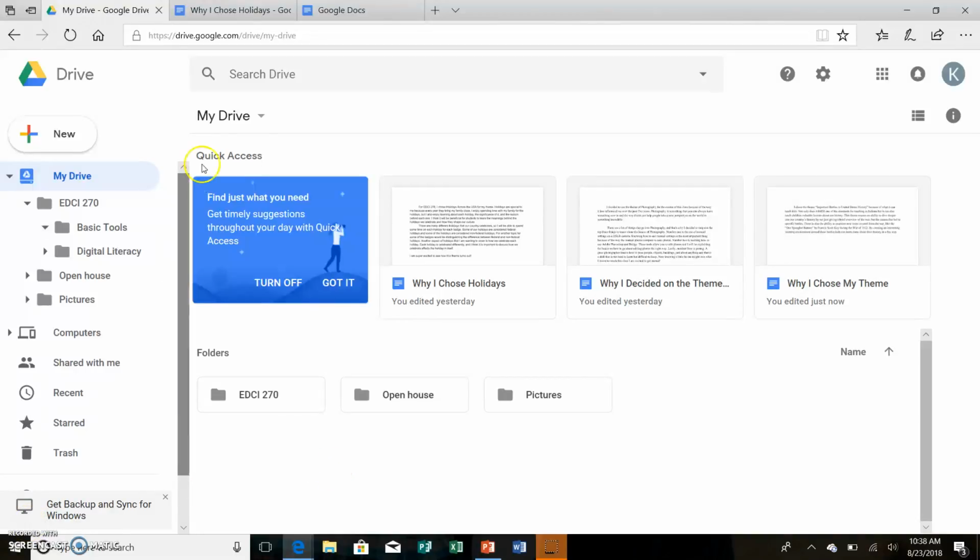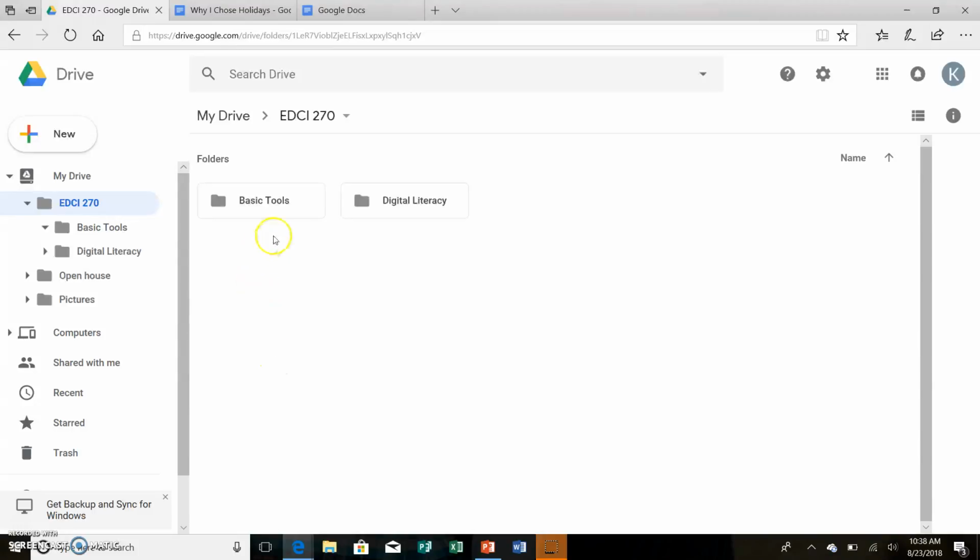This is my Google Drive, and within it you can see the 3 folders that I have set up right now. I have something from high school, and then different pictures that I have saved on my Google Drive, and then folders for my EDCI class. So if you go into my EDCI 270, I have folders for each badge that I'm doing,